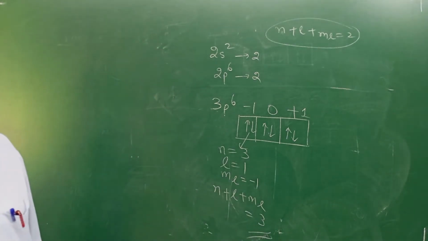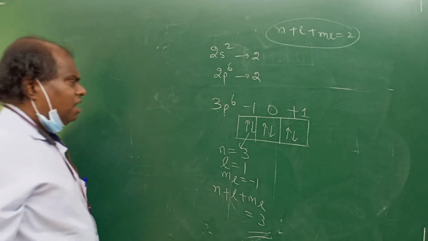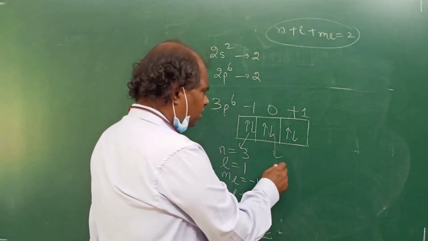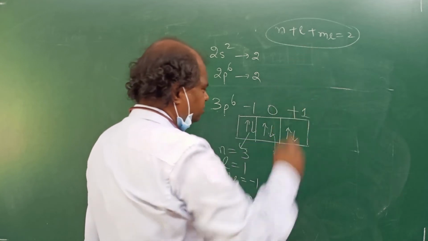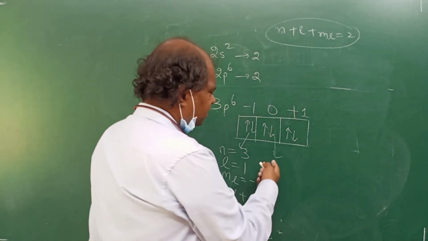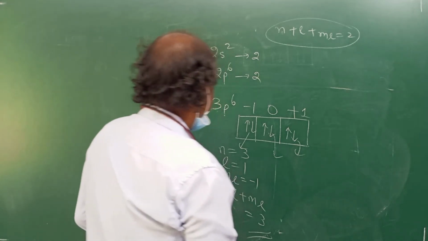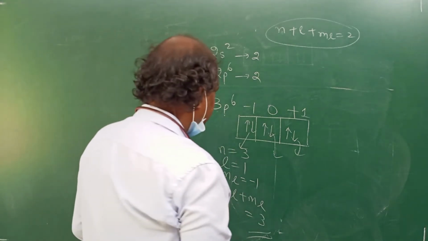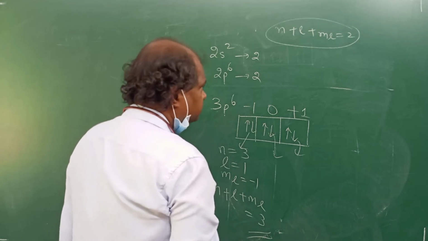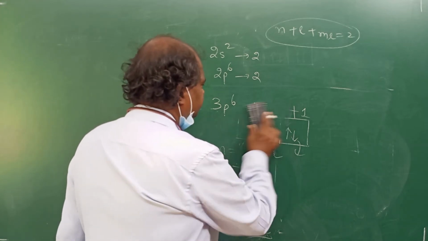Okay. Fine. Students, here I think you will get more value. You will not get 2 actually. Just check it out. You will never get 2 here. Here also I think you will never get 2. Okay. So for 3p6 I don't think you will get anything, right? Okay. You will get 3.